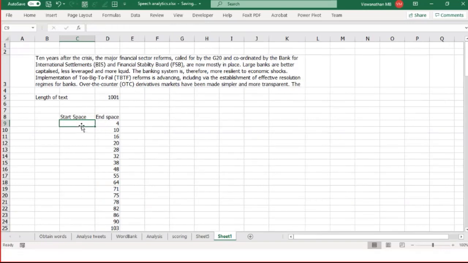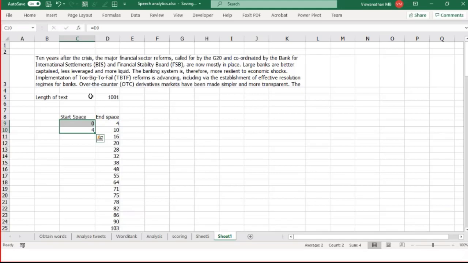For the first letter, it's going to be at number 1. For the subsequent letters, it's going to be wherever the previous space ended. So how do we do that? One thing I'm going to do is use a sequence function, because for the first one it's going to be 0, and for the next one it is going to be the previous starting point. That's a little complicated for me to create.